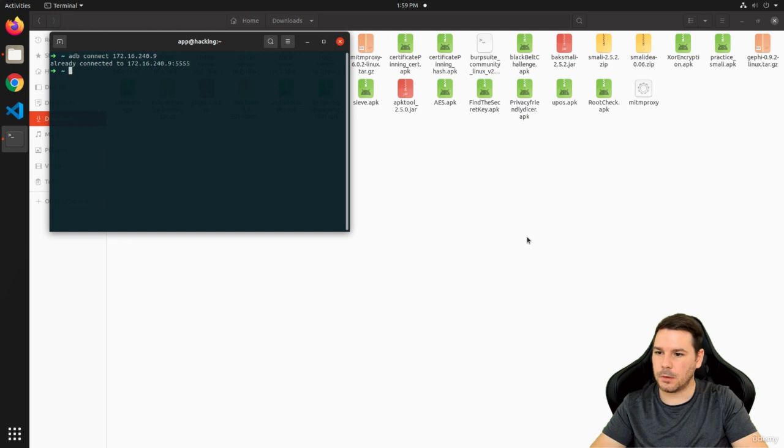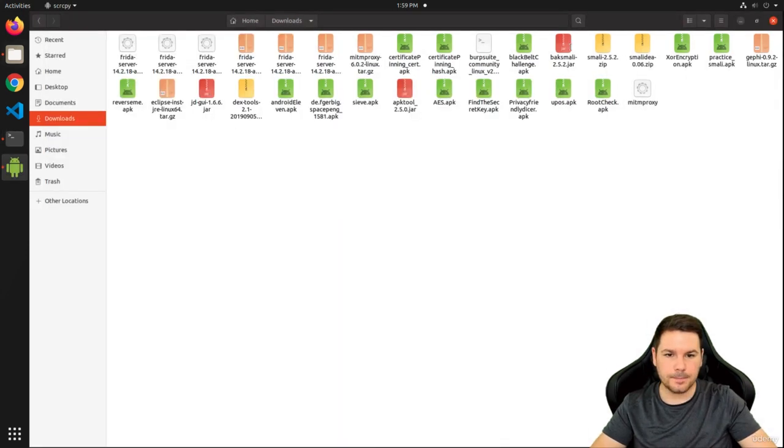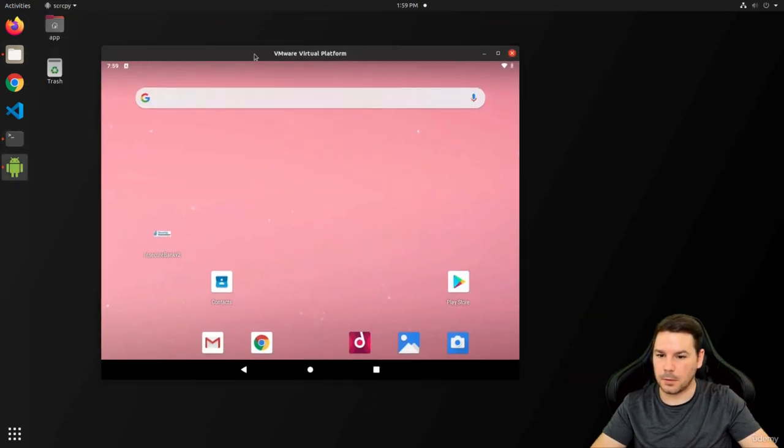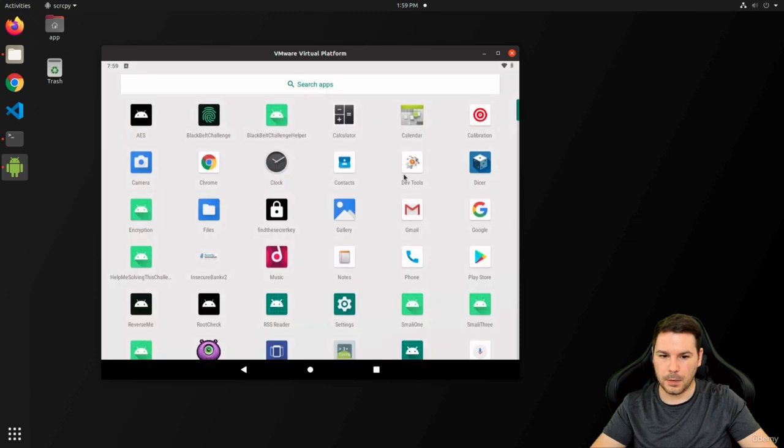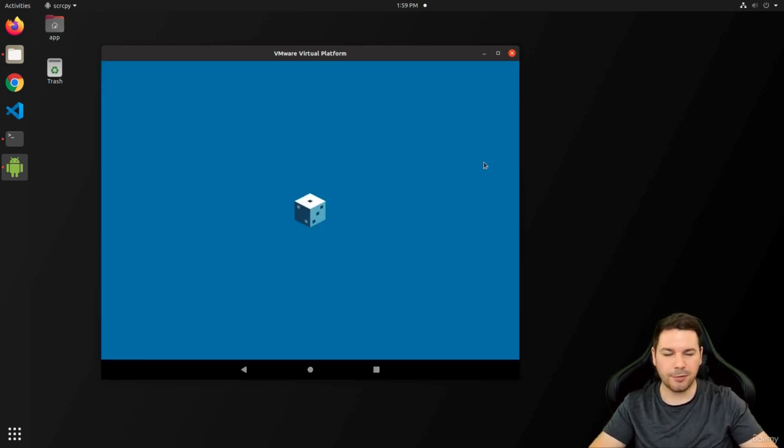And this one, already connected, all right. And now let's install this application. So adb install Privacy Friendly Dice APK. All right. And let's get the screen. And there we go. Here we have this application, and this one is a very nice example of an application